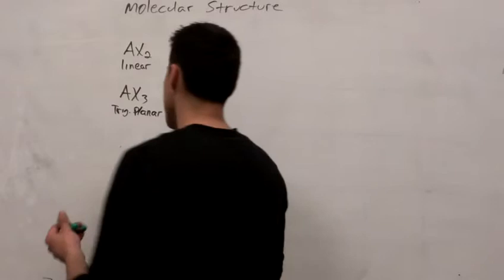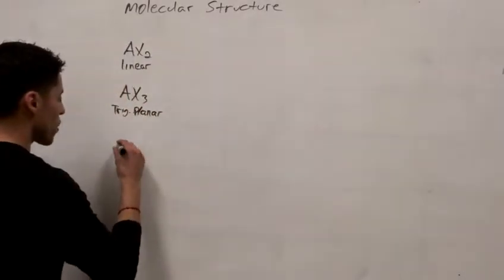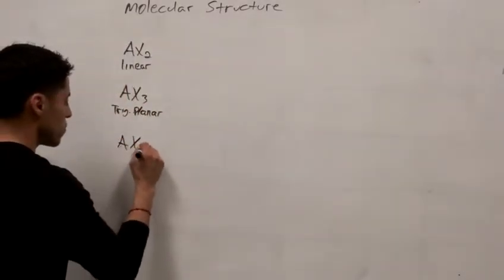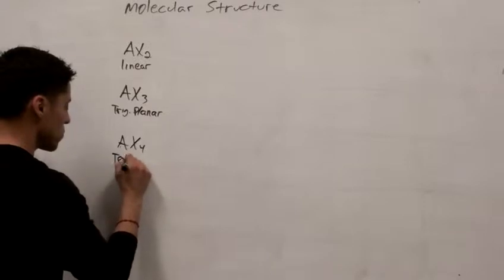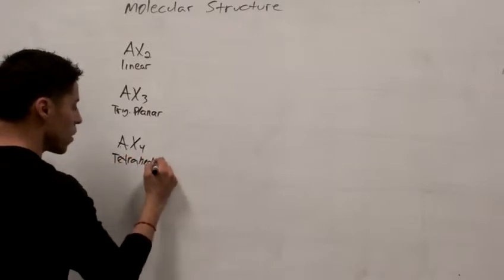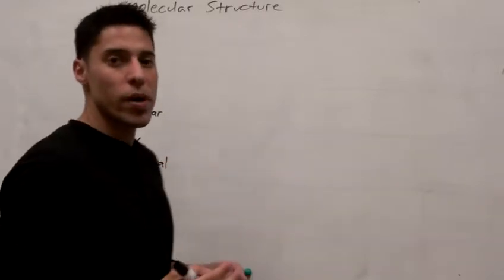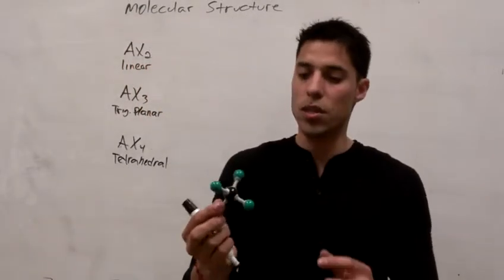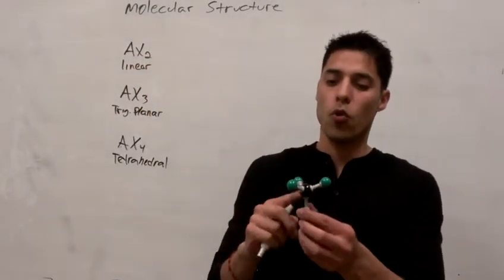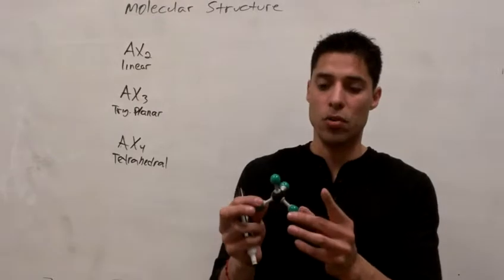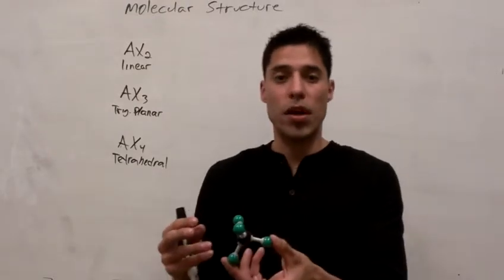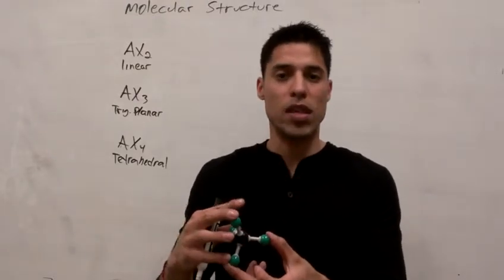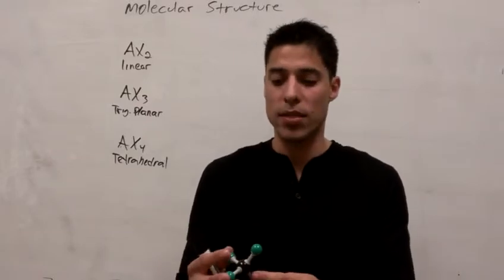The next configuration is going to be an AX4 configuration. It's going to be a tetrahedral geometric shape. It's going to look something like this. 1, 2, 3, 4 surrounding atoms, tetrahedral. This molecule gets its name because of the four surrounding atoms giving it a prefix of tetra, hence the name